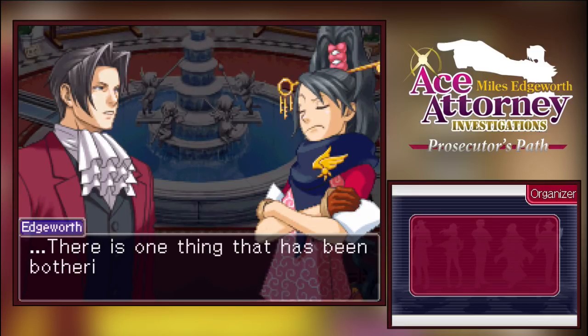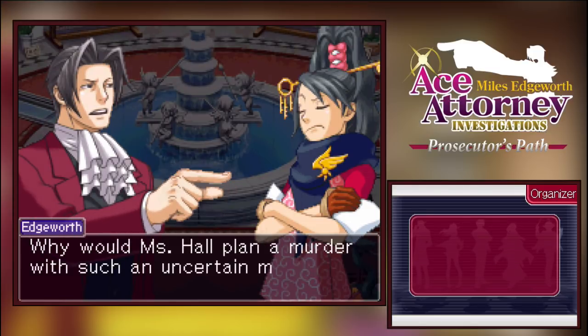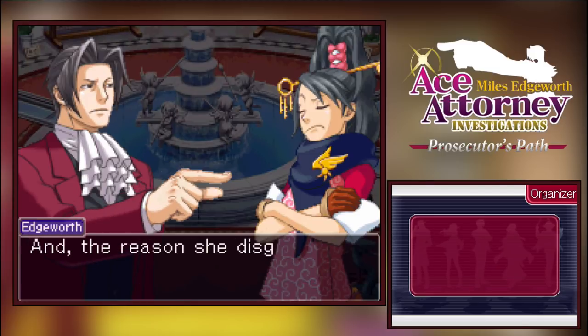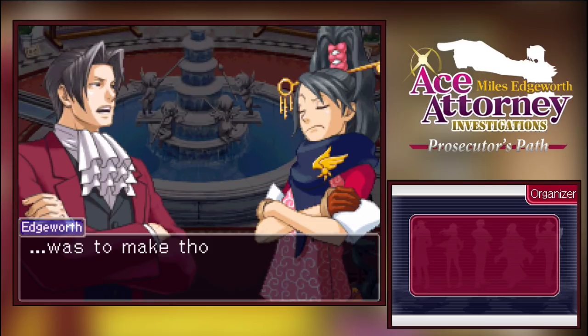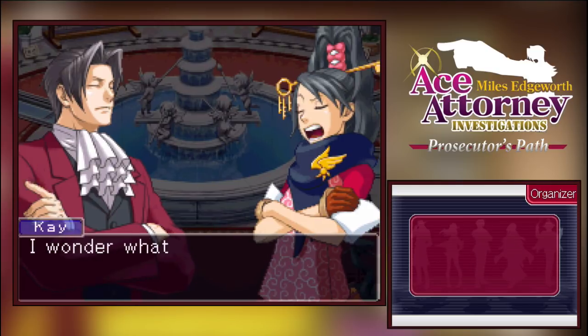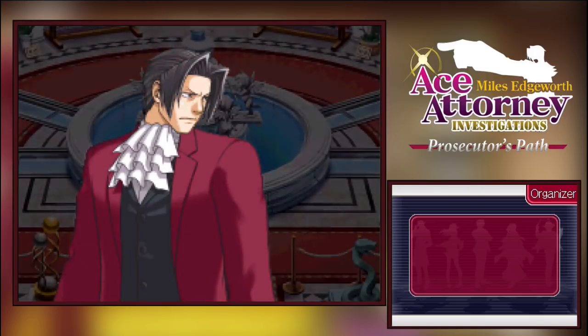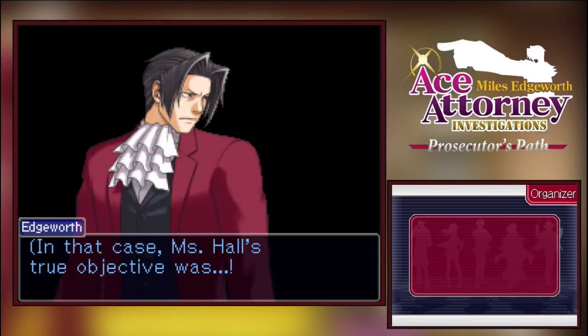I know, jeez. There's one thing that's been bothering me this whole time. Why would Miss Hall plan a murder with such an uncertain method as poison gas? And the reason she disguised the Autumn Palace to look like the Winter Palace was to make those involved in the incident 18 years ago confuse the two rooms. I wonder what Kate was trying to accomplish. Why don't we ask her? She was trying to prove Mr. Master's innocence. In that case, Miss Hall's true objective was...